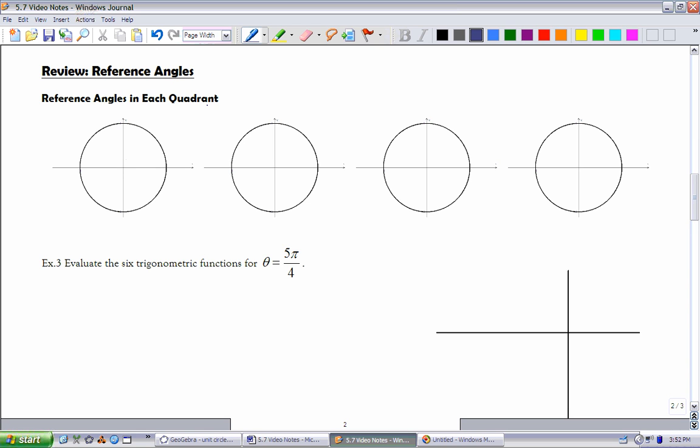Okay, just a quick review of reference angles before we get into the next section. Just so you remember, if my angle falls in the first quadrant, this is theta, then theta is going to equal its reference angle. Okay? If it falls in the second quadrant, and this is my theta here, I might put the reference angle in blue, then my reference angle falls right there. Okay? And it turns out to be